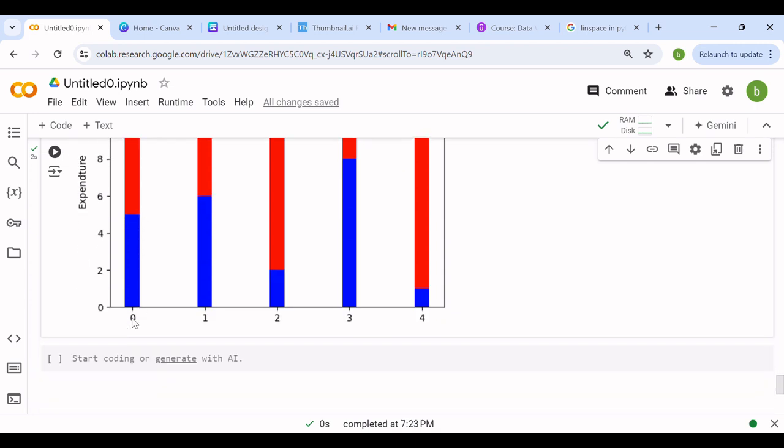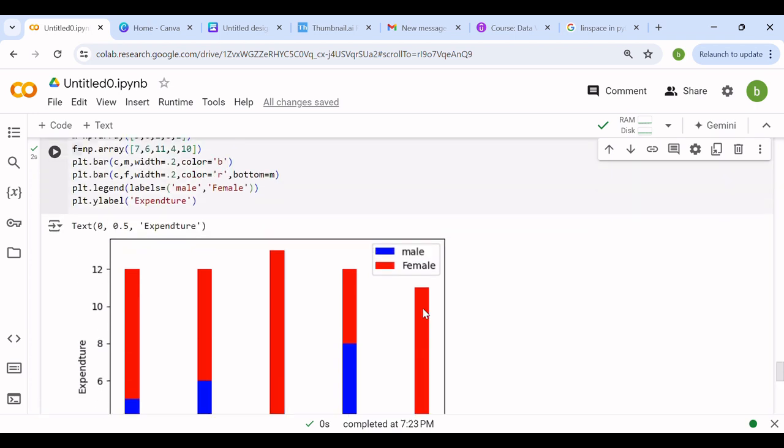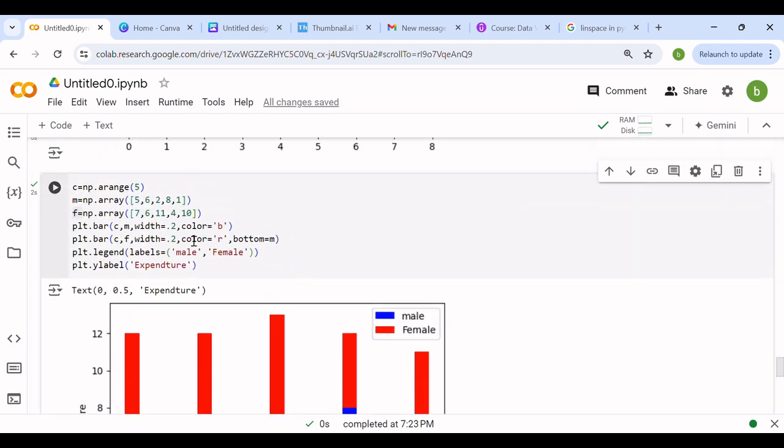as the locations. I am specifying location 0, location 1, location 3, and location 4. Similarly, I have the data for the expenditure done by male, which is as this, and by female as this array. Now I want to plot and visualize in which area, what is the